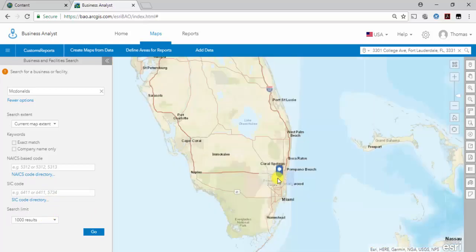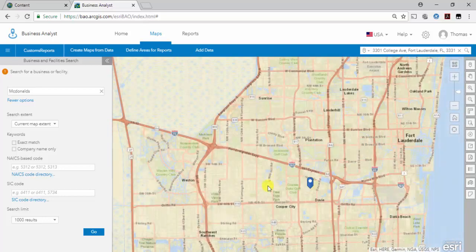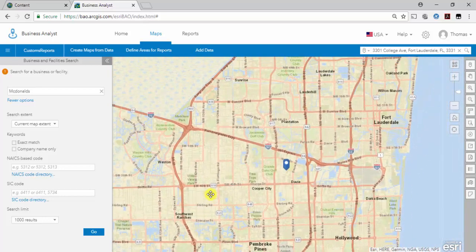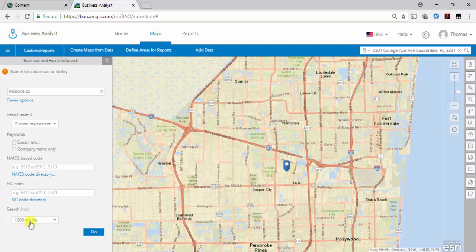Imagine I'm on this scale and it runs on map extent. There are definitely more than just 1,000 McDonald's on there. So we have to keep this a little bit in the playground here. 1,000 is perfectly fine. So if I do this and say go, click on go,